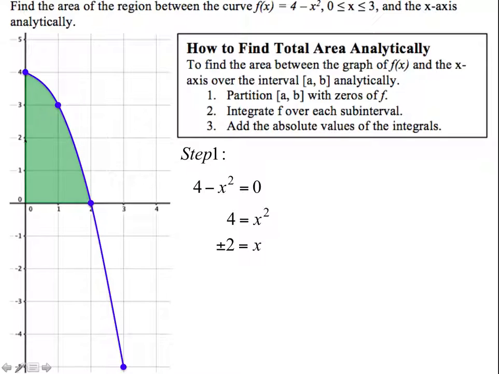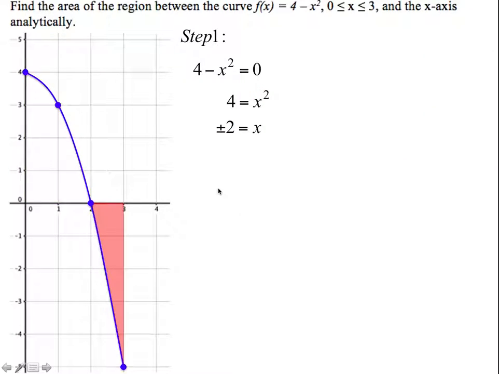So here's the first partition. The first partition is above the axis, so we know we're going to have a positive integral if we go from 0 to 2, and we're also going to call that a positive area. So in that case, the integral and the area mean the same thing. And then this region here is negative. So we're going to have to integrate that portion from 2 to 3 and get its value. And we're going to have to add the absolute value of those two things. So for step 2,